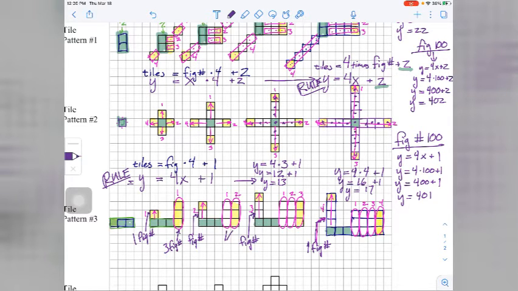And then here I have 3 times 2, right? 3 figure numbers again. The figure number is 2, and I have 3 times that. And then over here, I have figure number times 3. Again, the figure number is 3, and then this is times 3. And then over here, I have the figure number